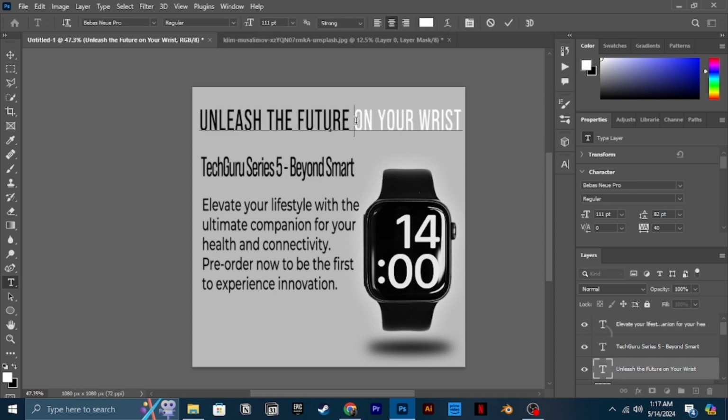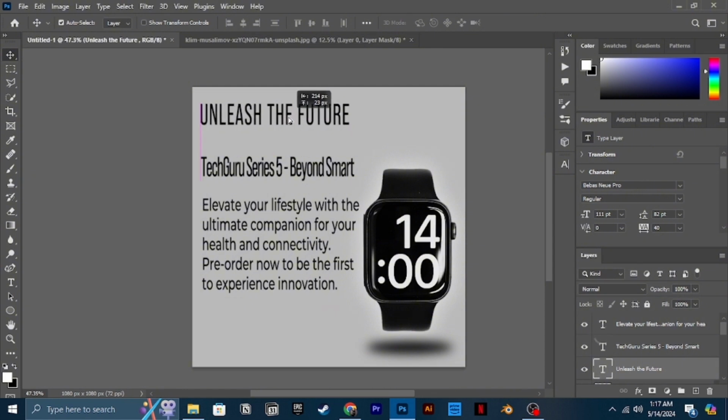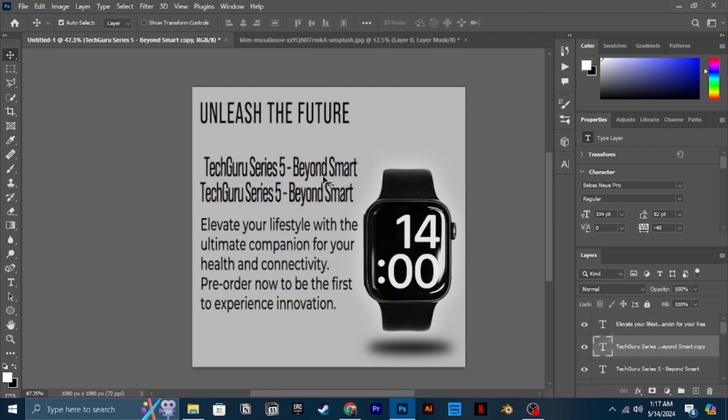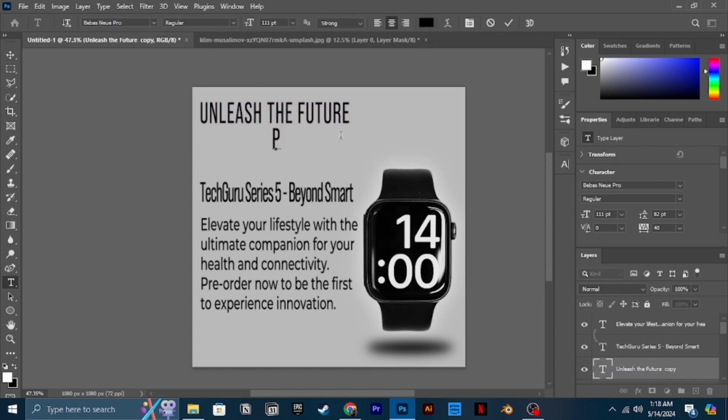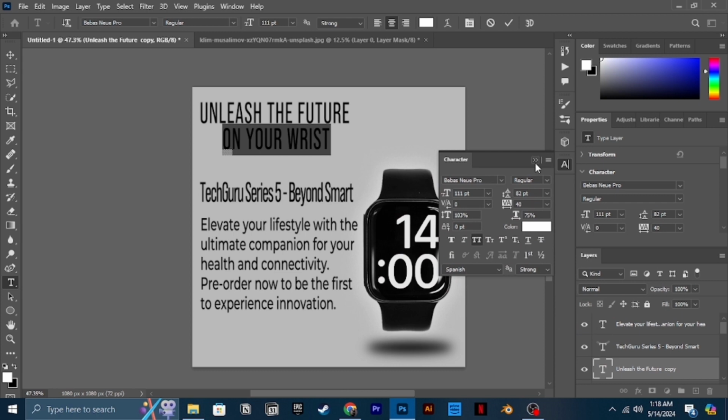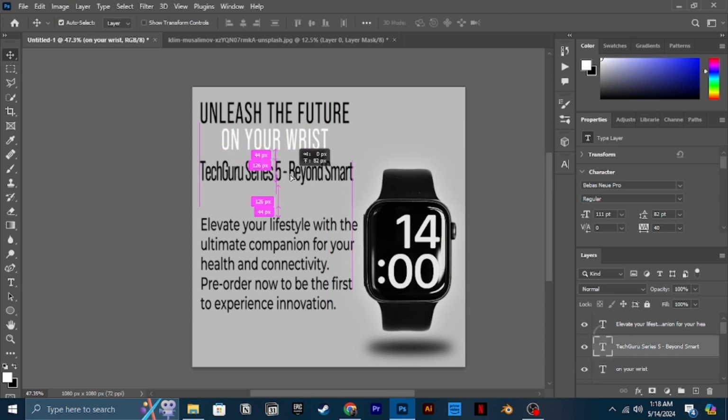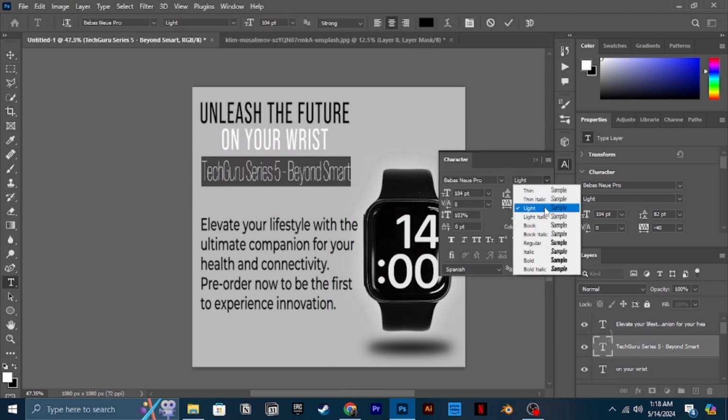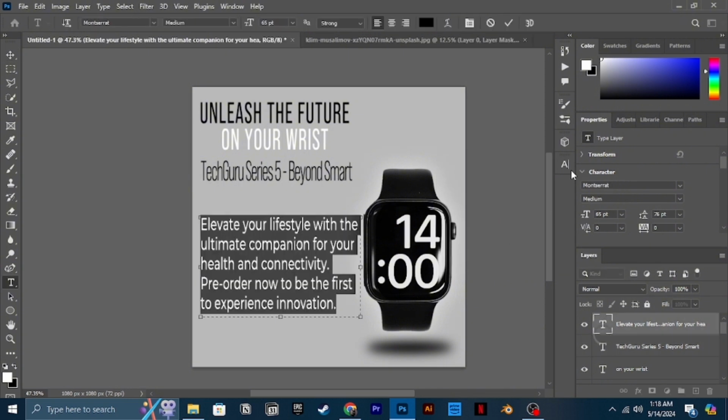I'm quite satisfied with that actually, but the heading was too long. So I decided to split it in half: 'unleash the future' on top and 'on your wrist' just below it.